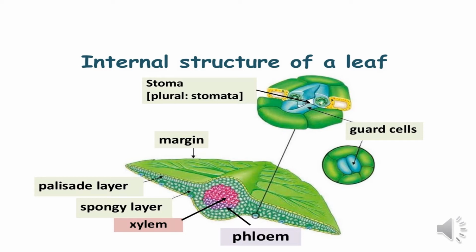So if a large number of stomata were present on the upper surface of the leaf, a large amount of water would be transpired into the air, because the stomata are responsible for two functions: loss of water in the form of water vapors and the exchange of gases. So, to protect against maximum water loss from the surface of the leaf, the maximum number of stomata are present on the lower epidermis.